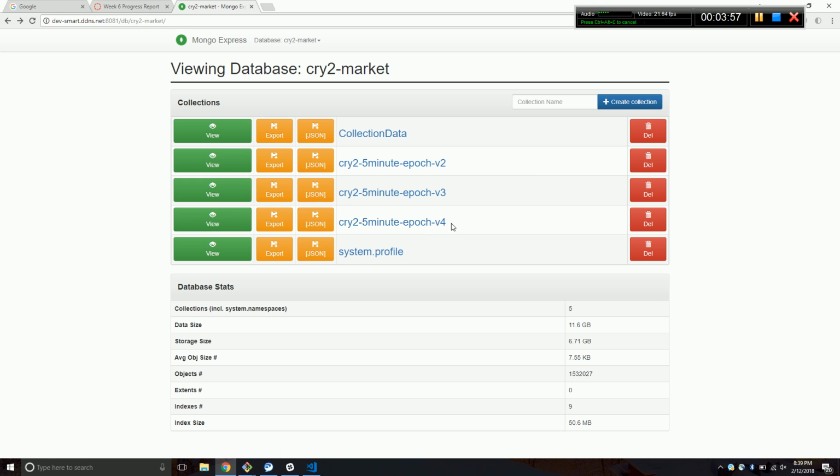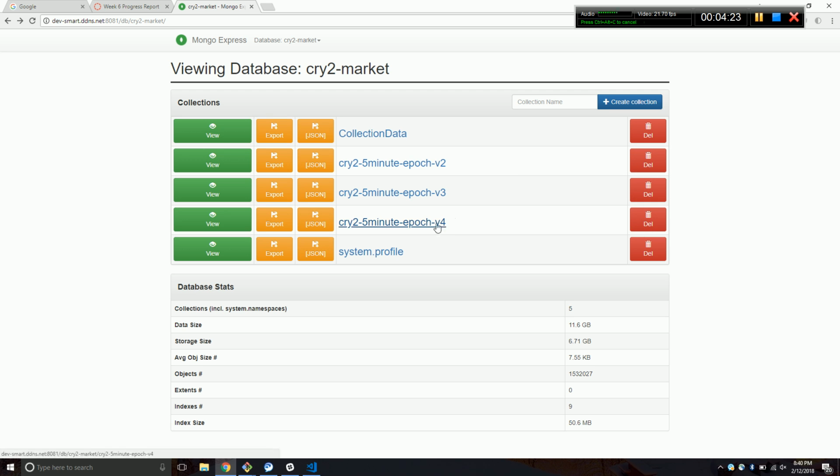V4 has a missing gap from a couple hours today. We had a power outage due to construction down the road. So I had to shut down all the systems. But we're up to 11 gigabytes, which is nice. It's a very large data set, but there's missing holes and pieces incomplete, and you can't really do machine learning if you're missing data. So I kind of just want to can all these and start over, but I